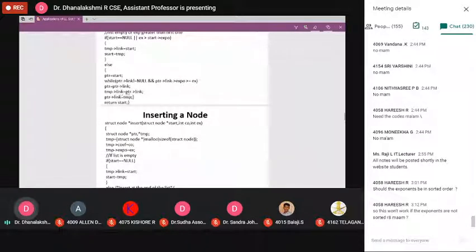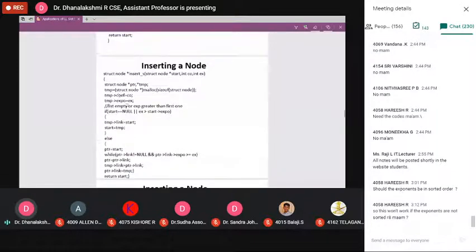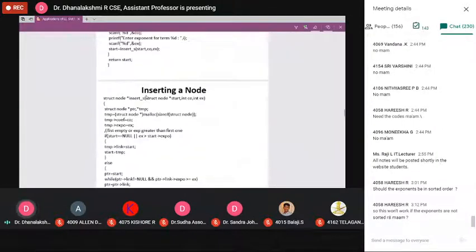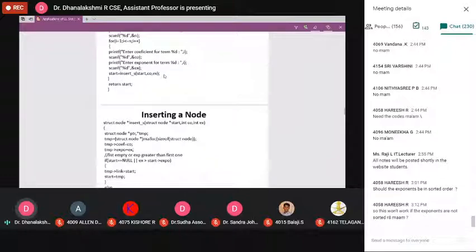Next, you can change the pointer position to the next one, then change the link, then it will return start. Why return start? Because here the return type is a pointer variable. The corresponding memory address, here I am calling this function. What is the function called here? A function with return type with argument, so my function call is assigned to some pointer variable.